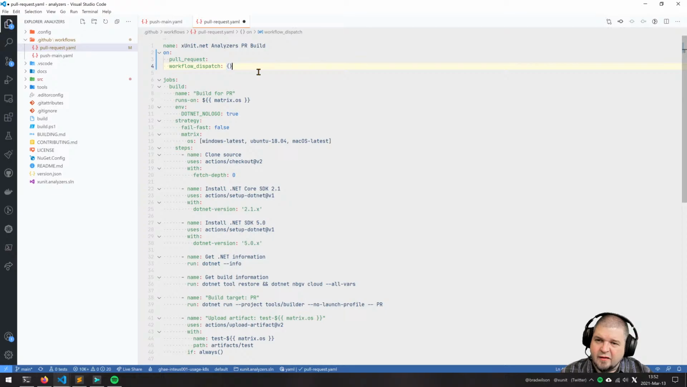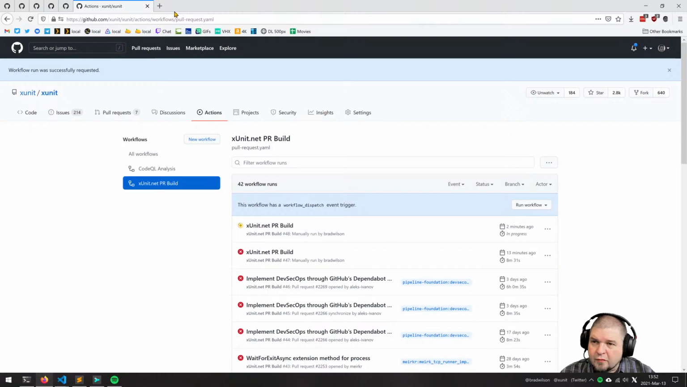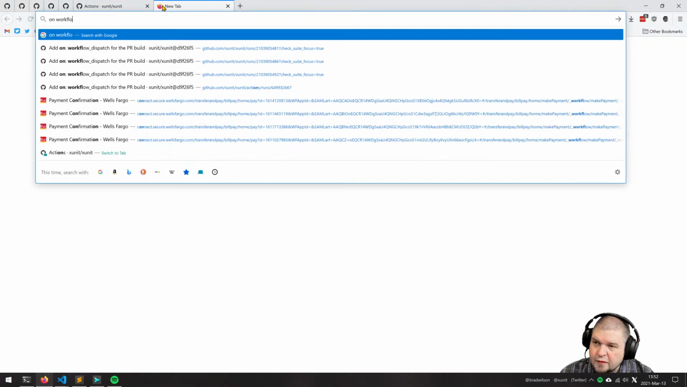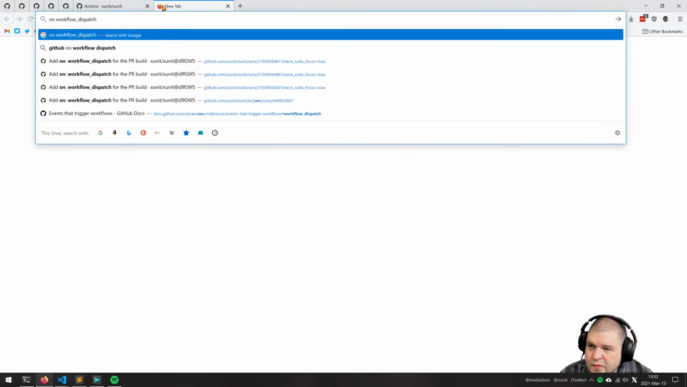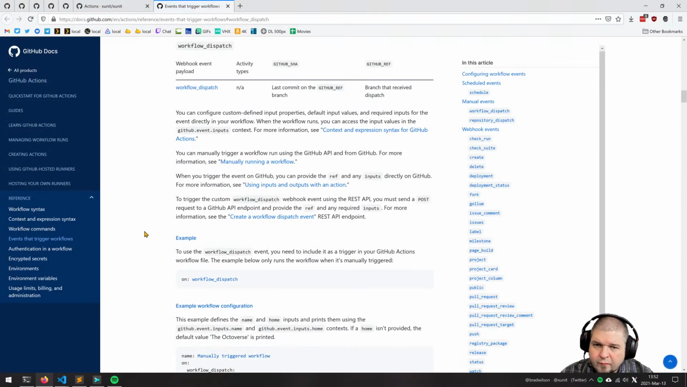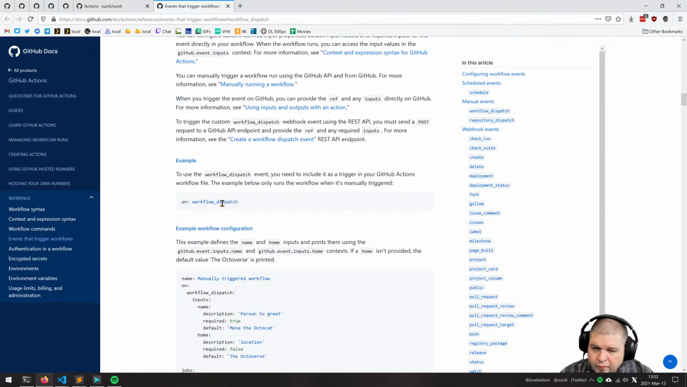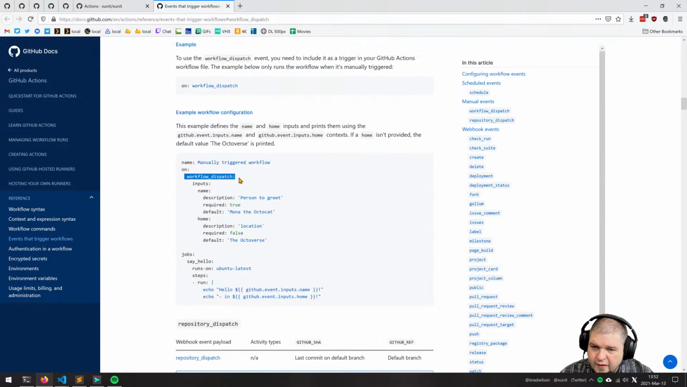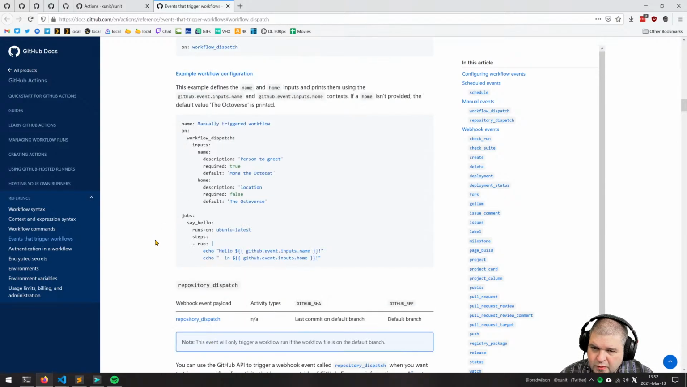Yeah, I'm surprised that's legal. I would think you'd have to do something like this, right? On workflow dispatch. That's an example. So here, they definitely do not show